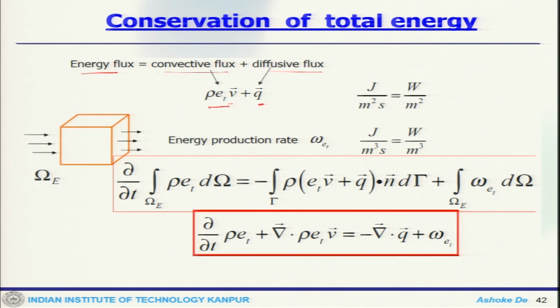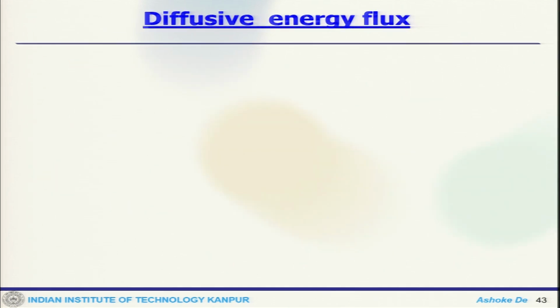If we write it in terms of the volume integral, this is what we get: the unsteady term, convection, diffusion and the source term of the energy. We can see the individual terms: you can have Q conduction, you can have interdiffusion, or you can have the effect of